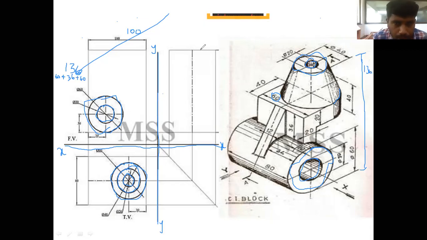Next, similarly, how is it 100? From here to here it is 30, plus 40, plus another 30 from here to here.